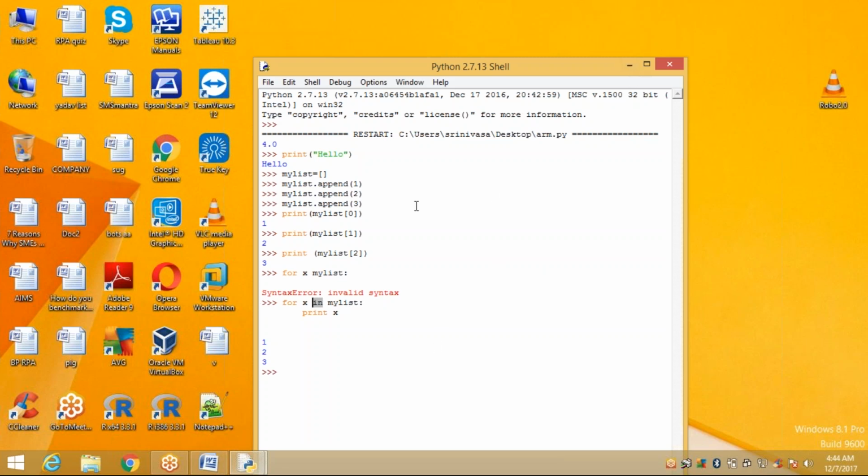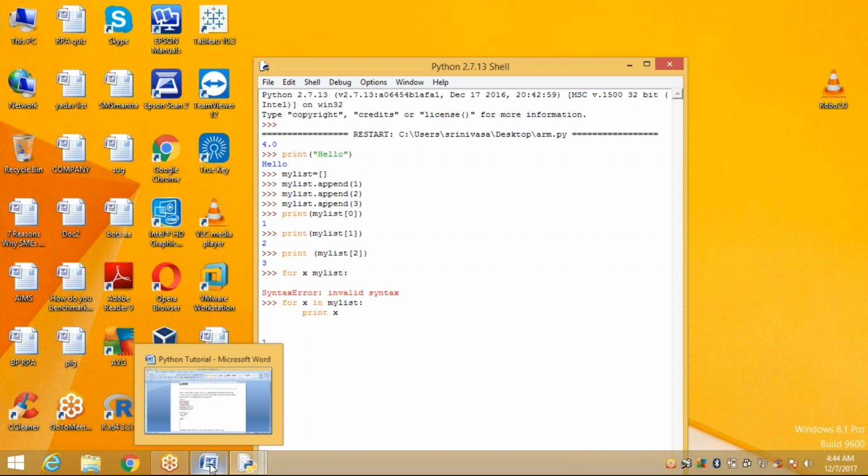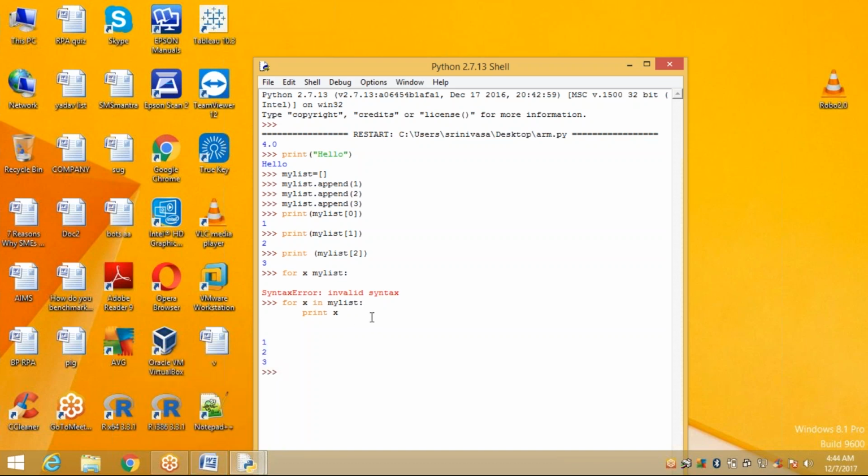Right. Next. Sir, I am getting an error, sir. You are getting an error. Where? In which part? Print expected an indented block. Yeah, that is indentation.